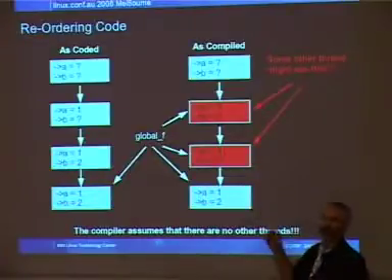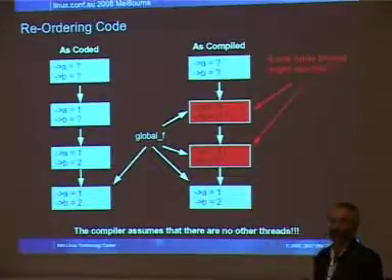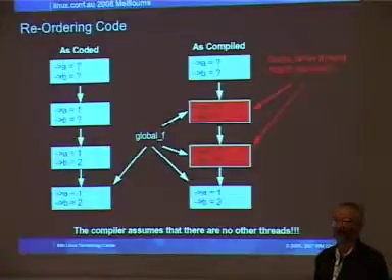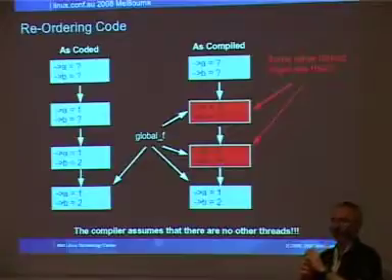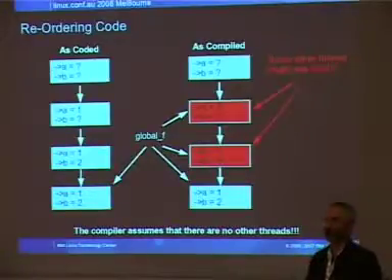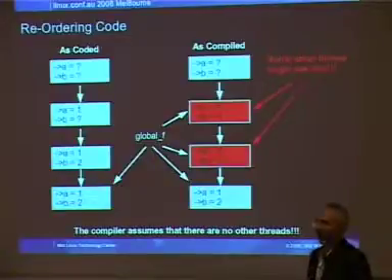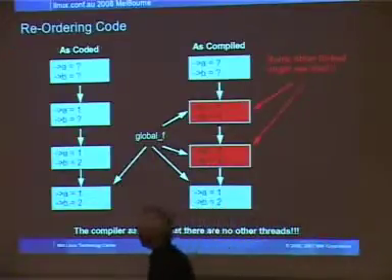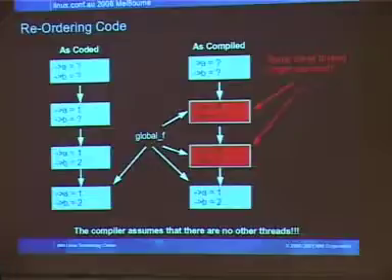And these are kind of ugly, of course, because it isn't obvious from the code. And also, the probability of seeing it is very low. You've got a couple of memory accesses, maybe just 2 cache lines involved. Maybe only 1 if the pointer and the data structure happen to be in the same place. The chances of seeing that are very small. It's very difficult to test for. Again, the compiler assumes that there are no other threads.